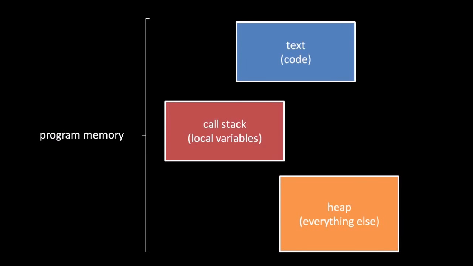The address space of a process is split into three parts: the text section, the stack, and the heap. The text section simply stores the code of the process, and so is generally made read-only. The stack is a contiguous chunk in which we keep track of the chain of function calls and store their local variables. The heap is effectively the rest of the address space, where we can store any data other than